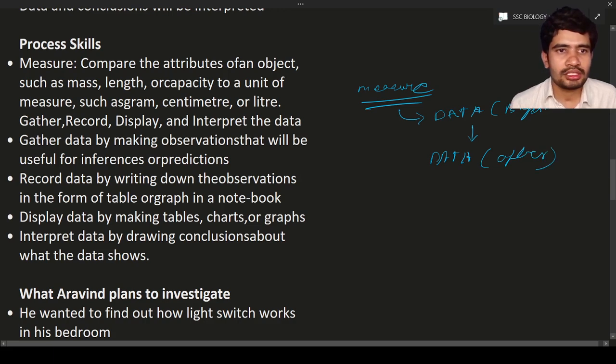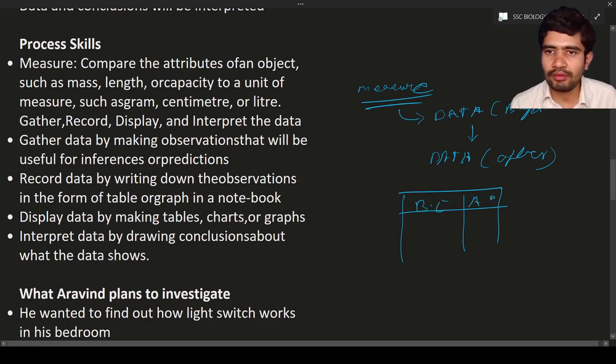So next, she is recording the data by writing the observations in tabular form. So let us consider this is a table. In the tabular form she is going to note down before the experiment and also after the experiment. So before the experiment let us consider 10 grams. After the experiment let us consider 9 grams. So 1 gram is reduced after the experiment. So this is about the data that she has taken.